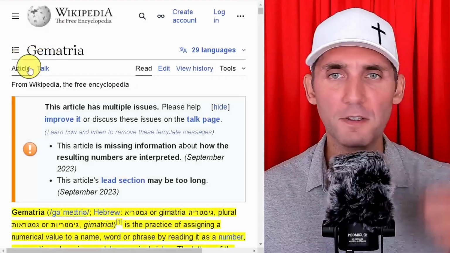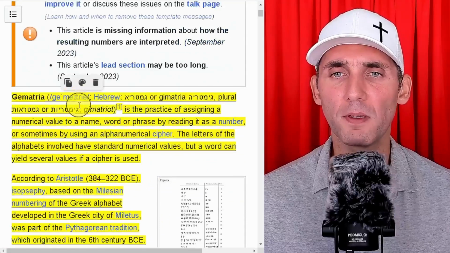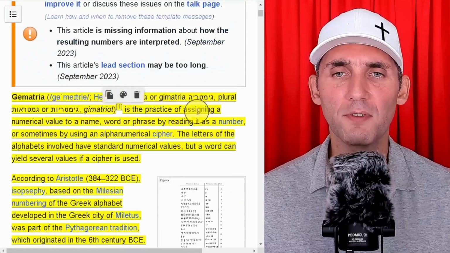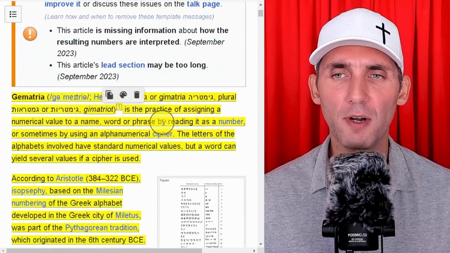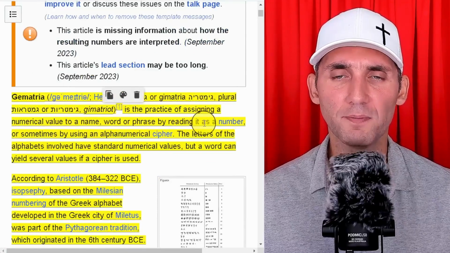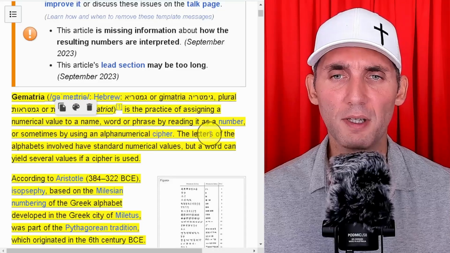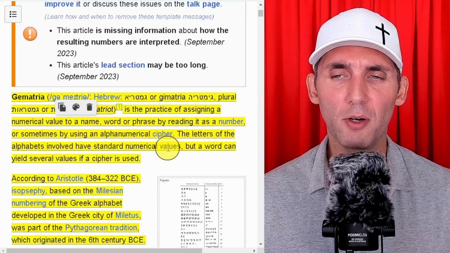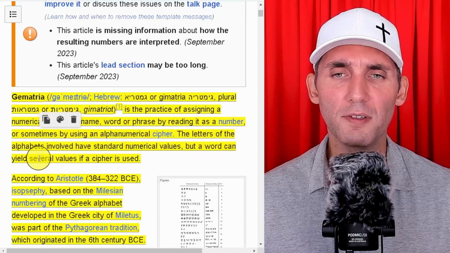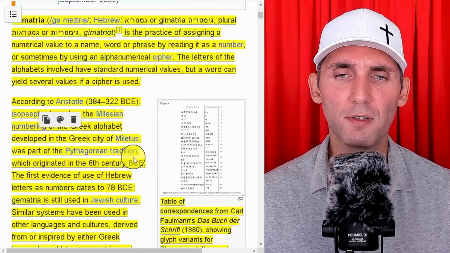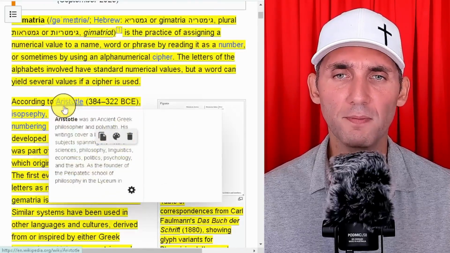This is gematria in Wikipedia. Gematria is the practice of assigning a numerical value to a name, word, or phrase by reading it as a number, or sometimes by using it as an alphanumerical cipher. The letters of the alphabets involved have standard numerical values, but a word can yield several values if a cipher is used. According to Aristotle,